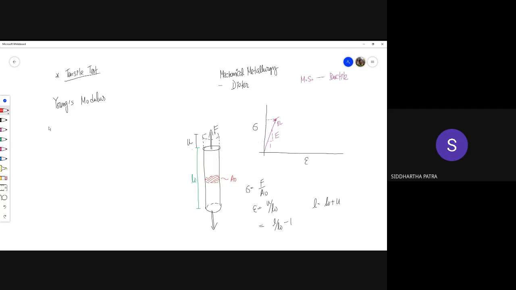Sorry, not the elastic limit, I'm sorry. That would be the proportional limit. That's where the proportionality ends. Within the proportional limit, the stress is proportional to strain, starting from the origin, that is sigma equals E times epsilon. But then you hit the elastic limit, beyond which